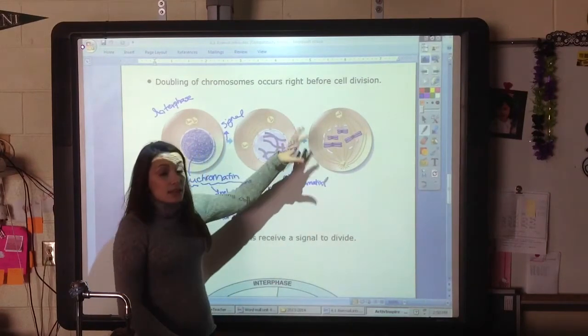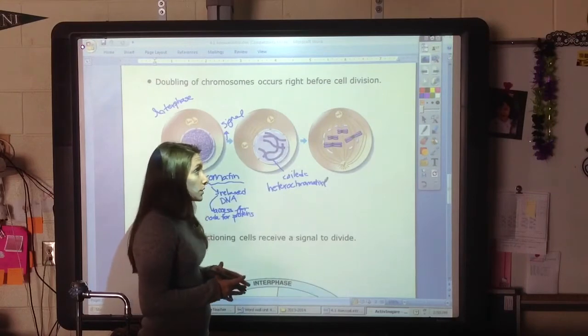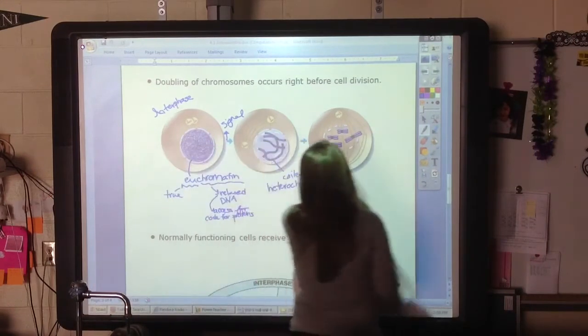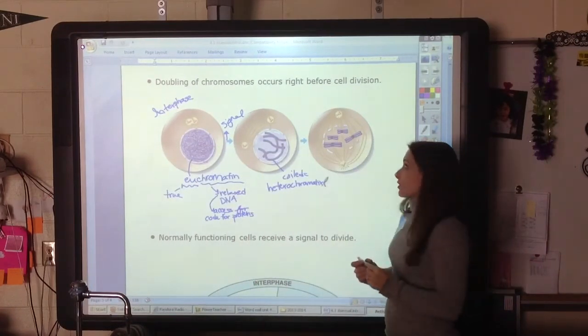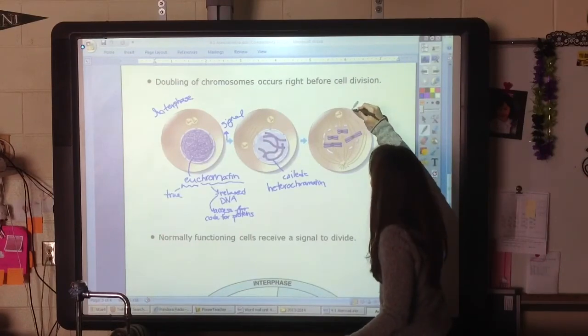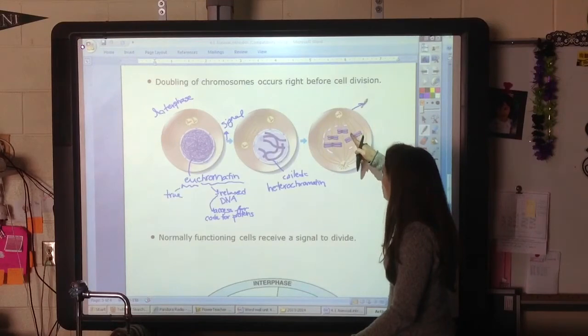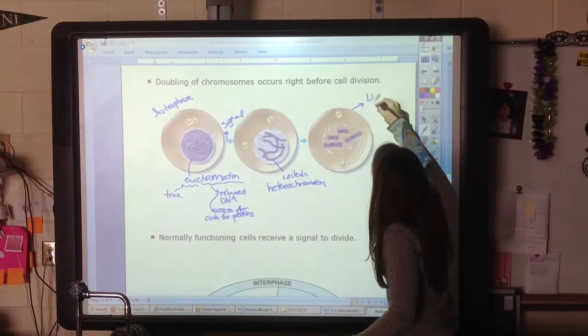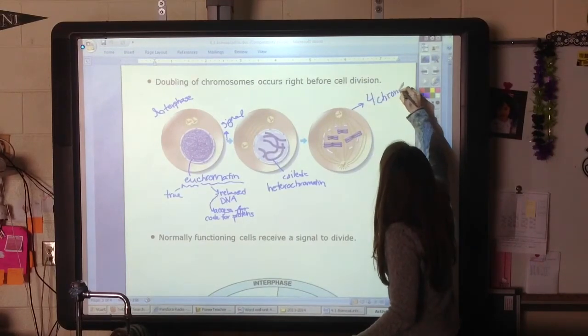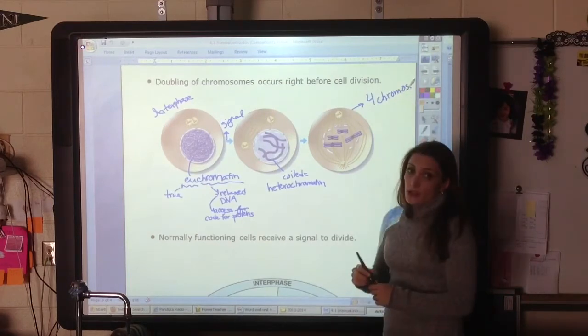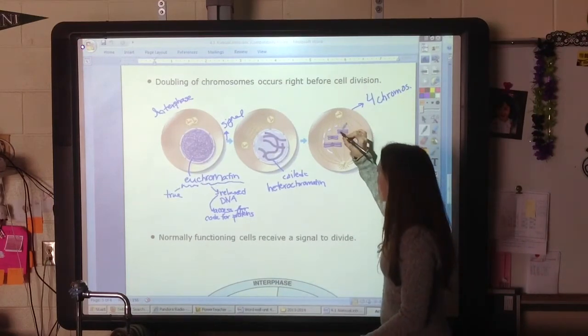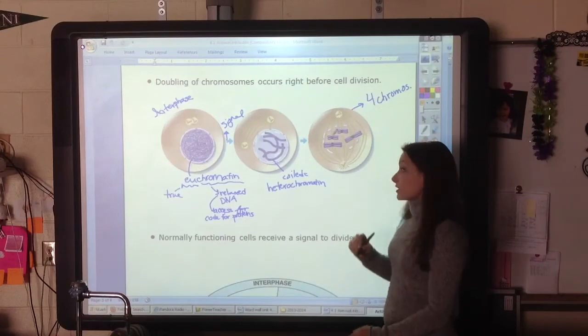And we can begin to clearly see the doubled chromosomes. An interesting thing is you should be able to count the number of chromosomes. For instance, this cell, now that it's coiled, we can actually see that it has 1, 2, 3, 4 chromosomes. Now be careful. We do not count this as 1, 2, 3, 4, 5, 6, 7, 8. Because if you remember,